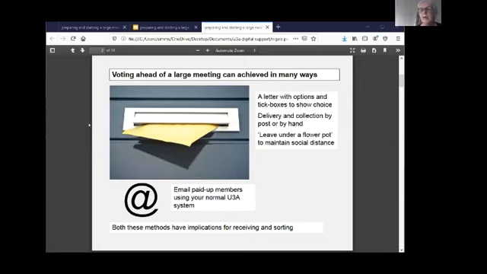Now, what I've put there is a simple way that a smaller AGM, a smaller U3A or a U3A splitting up its tasks between members might easily achieve. Not even by posting, you can go walking round, putting things through letterboxes, agreeing a socially safe drop point for people to leave off their replies. And I say this speaking from a borough that's just gone back into lockdown, which is Blackburn, Lancashire.